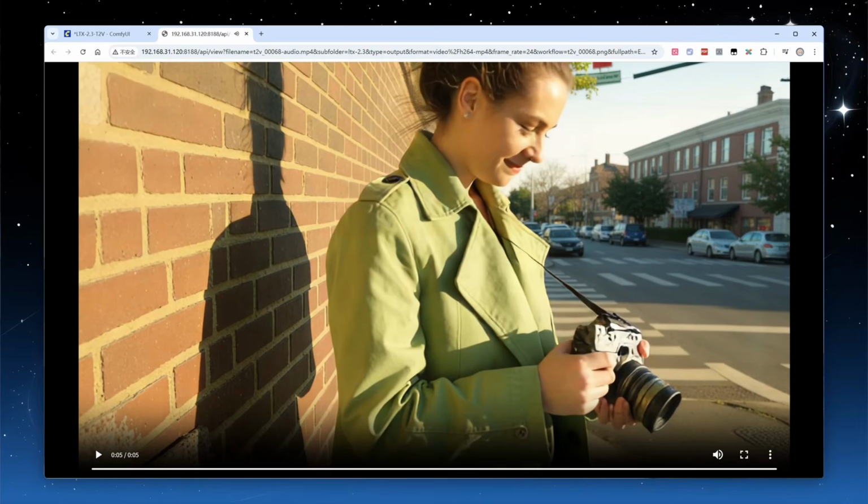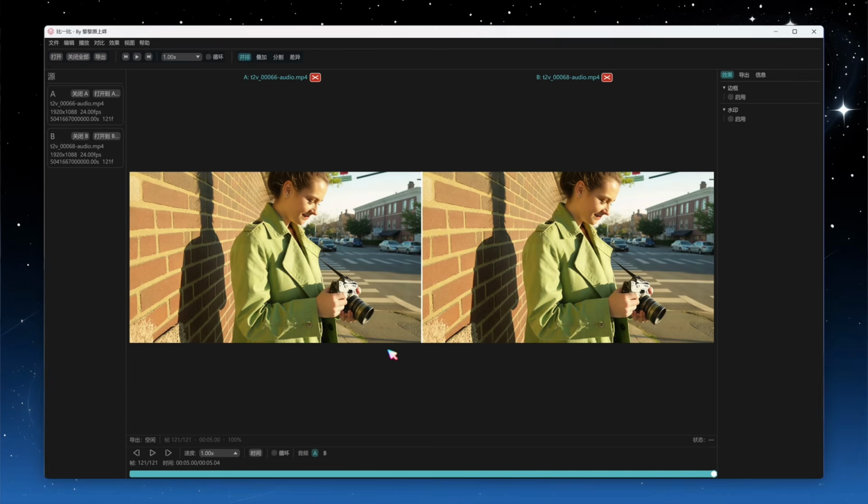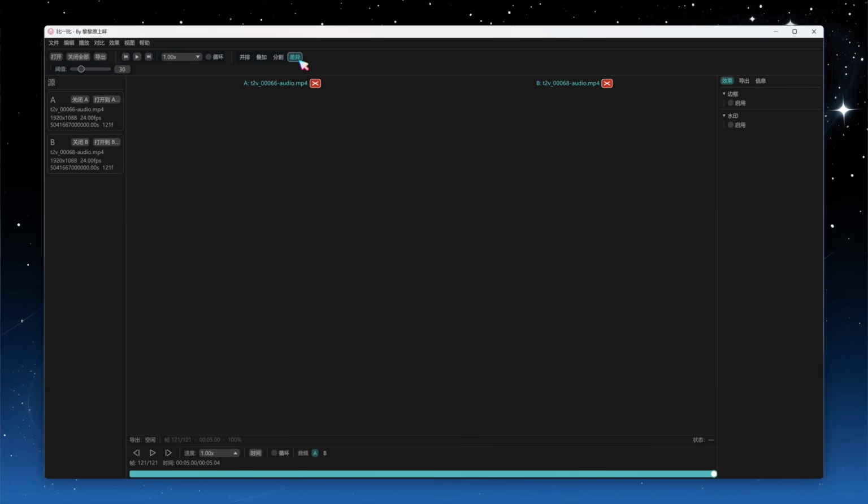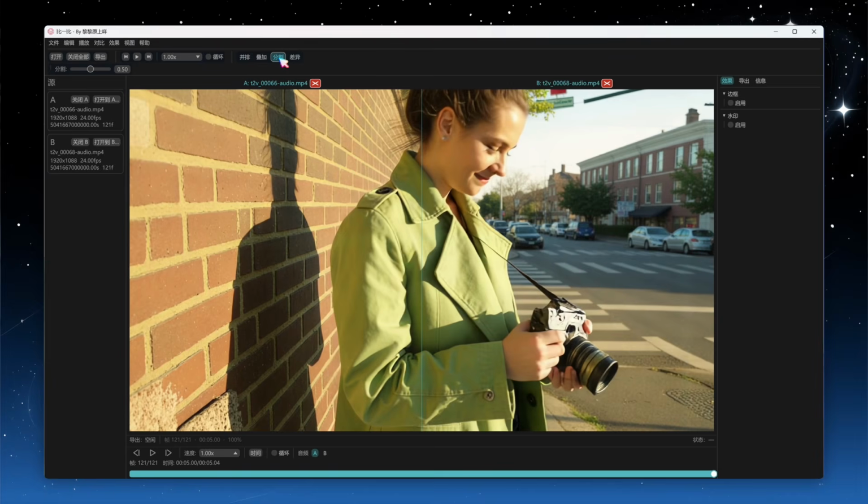At first glance, they look very similar. Compare them with a professional tool. Using the difference comparison mode, it calculates the absolute difference of RGB channel values at the same pixel position between two images. At a threshold of 30, the result is almost a black image, indicating that the actual results are highly consistent. So if you like the Sulfur 2 style, you can absolutely just download this one model and be